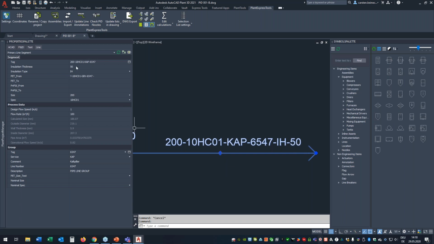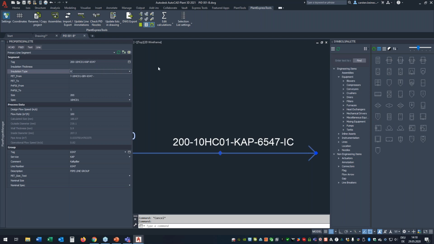And so what happens if I, for example, delete the thickness? The line annotation is adapted because it's calculated. If I remove the insulation type, that's also gone. And so what we show here in this annotation, that's again a standard annotation, but it's not using the tag property. It's using another property which I calculate. And so if I fill that out again,